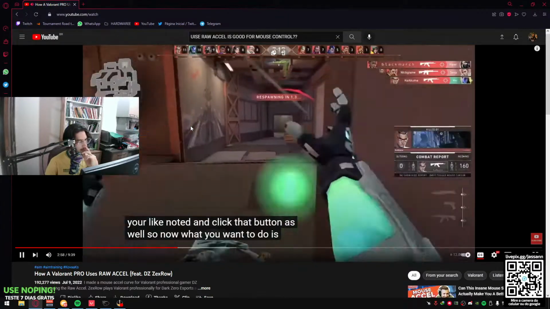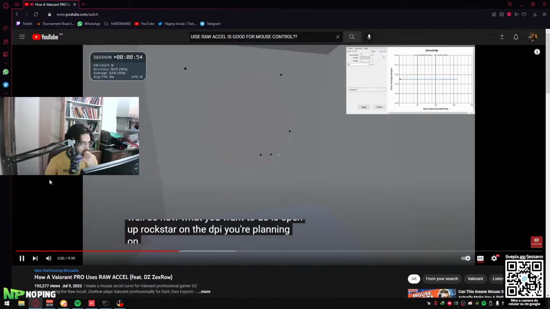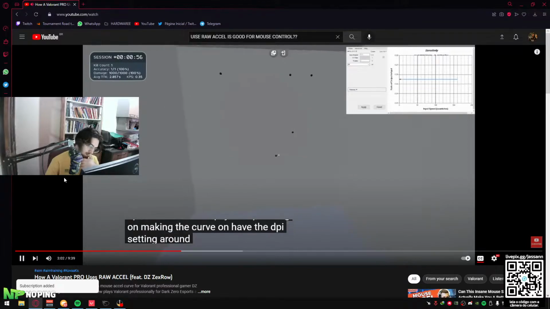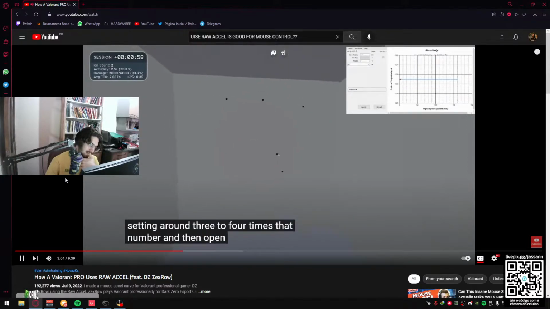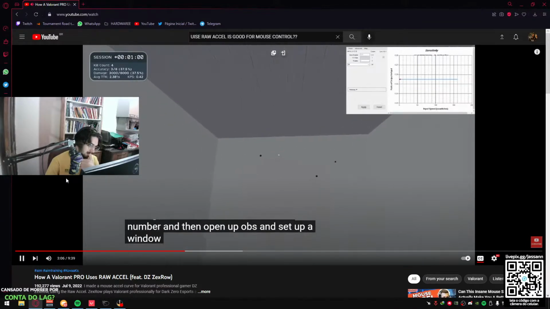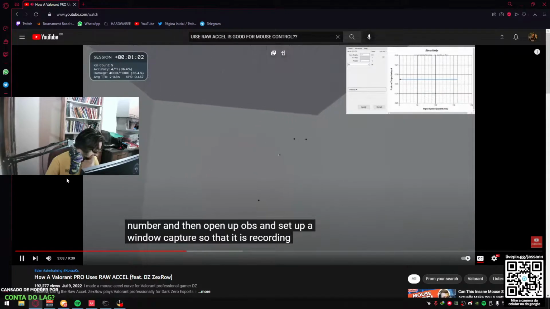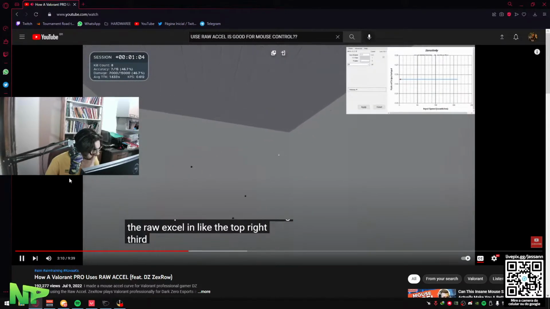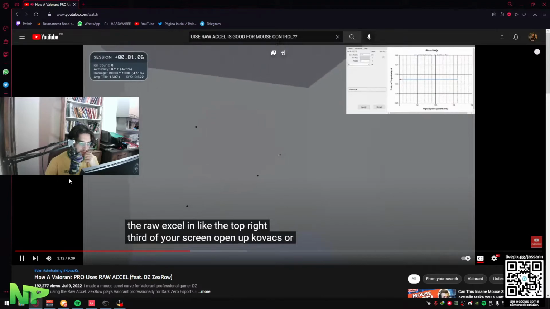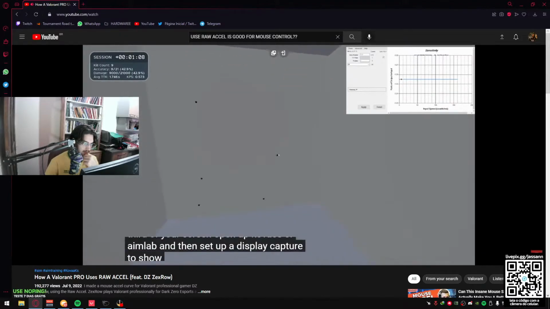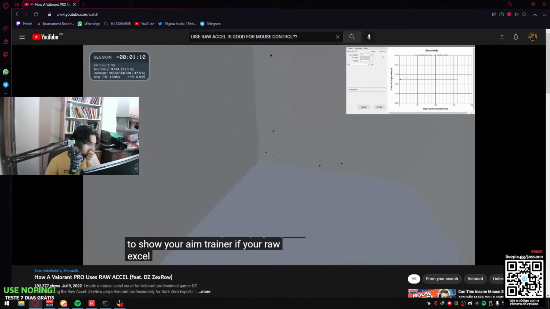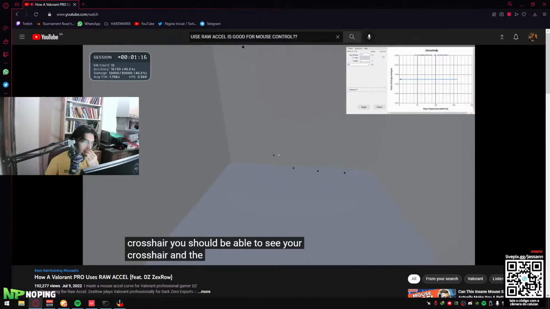So now what you want to do is open up RawAccel on the DPI you're planning on making the curve on, have the DPI setting around 3 to 4 times that number, and then open up OBS and set up a window capture so that it is recording the RawAccel in like the top right third of your screen. Open up Kovaak's or Aim Lab and then set up a display capture to show your aim trainer. If your RawAccel is in the window correctly, it shouldn't be coming close to your crosshair. You should be able to see your crosshair and the targets near it. But you should also be able to clearly see the